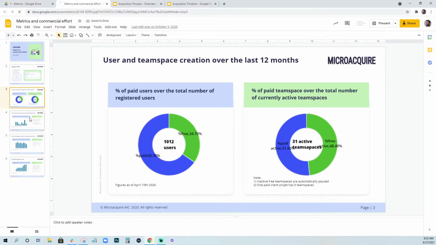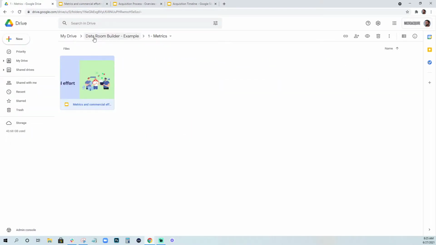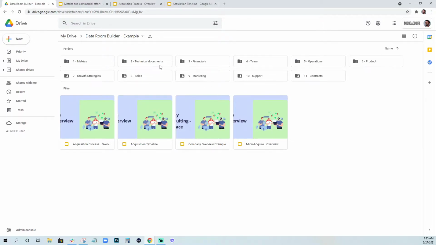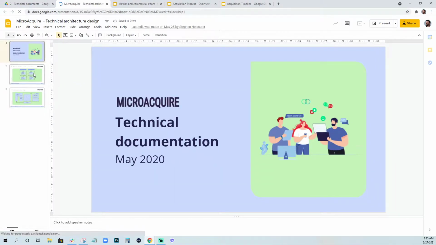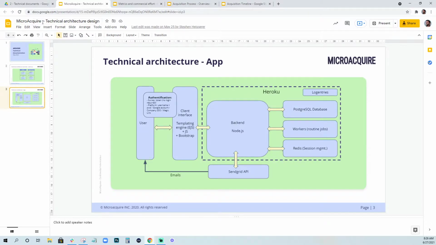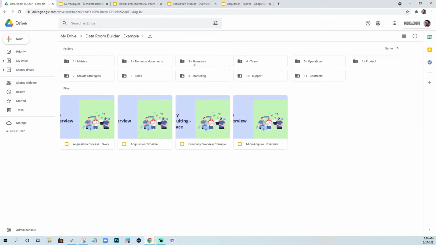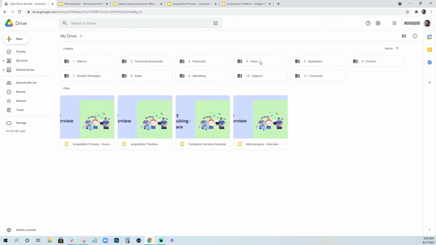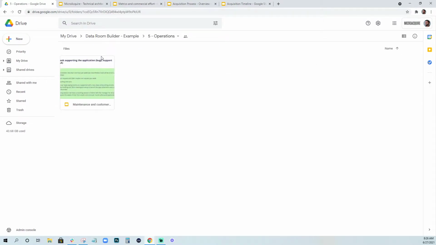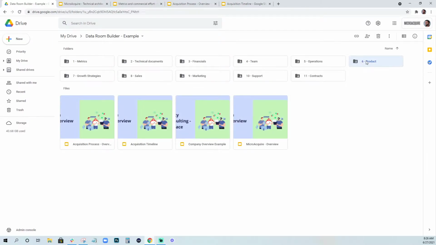just like what's working, what's not working, what's worked in the past. And I recommend recording technical architecture videos as well, so people know what tech stack you're working with. So all these are just examples, but you can do this for financials. In here I have an example P&L. For the team, I have basically the team background, operations, what goes into managing the company, product roadmap, anything that you think would be of value to a potential